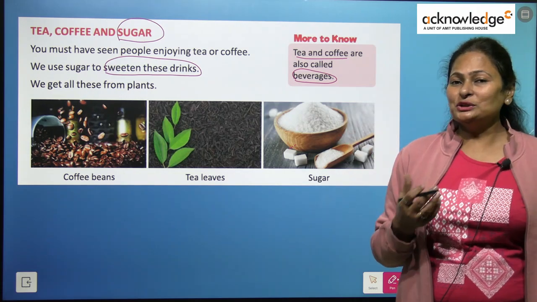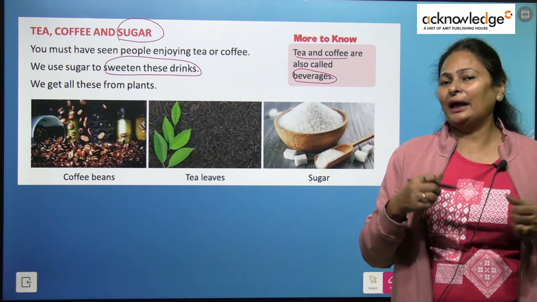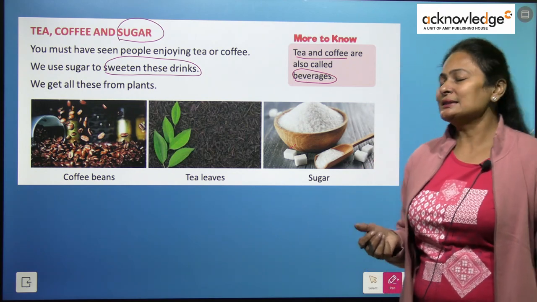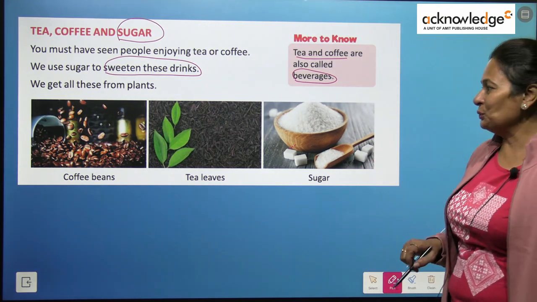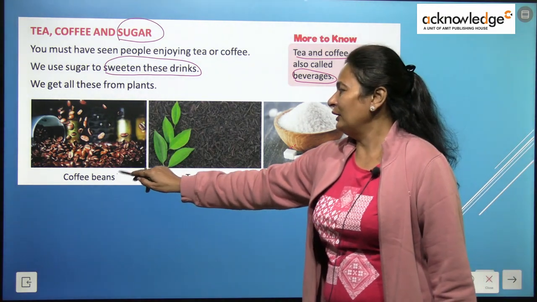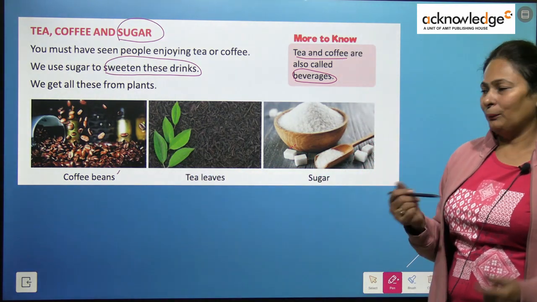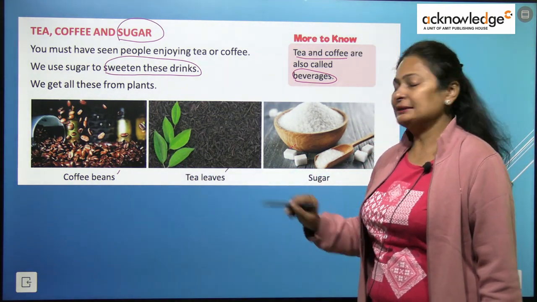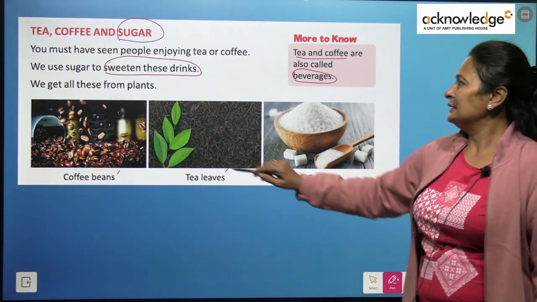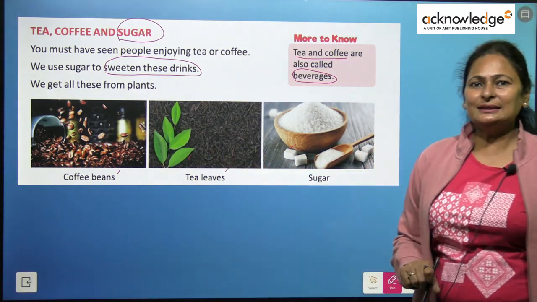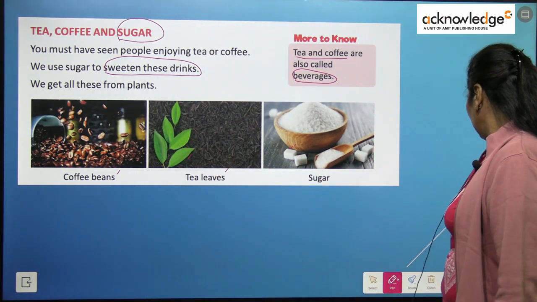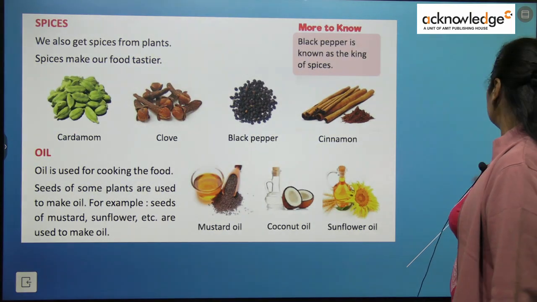We make juice, we take out the juice from sugar cane and then sugar is prepared with this juice. Coffee beans, we get coffee from the coffee beans and we get tea from the tea leaves. Alright kids, have you got it? Great. Next we get